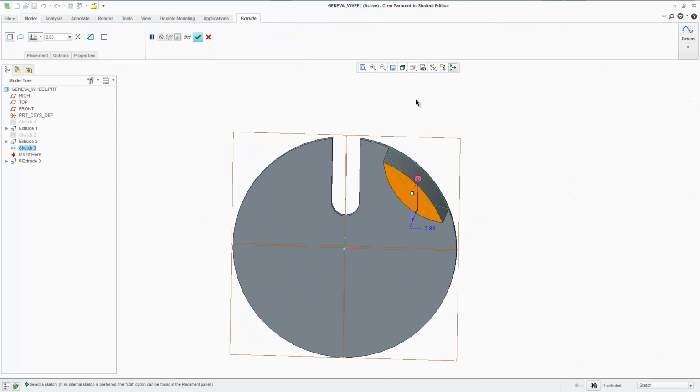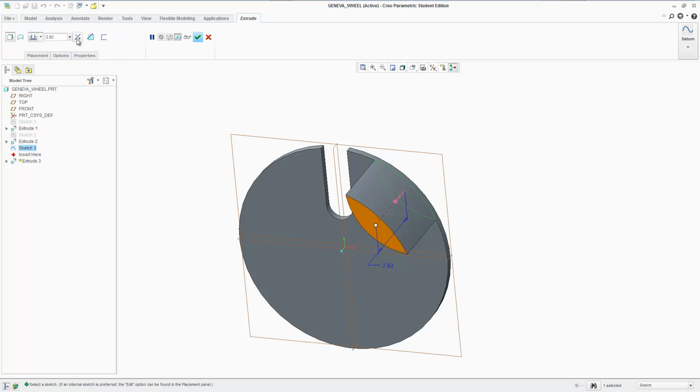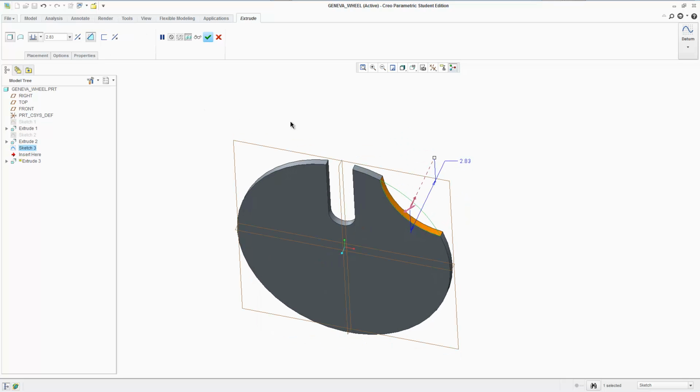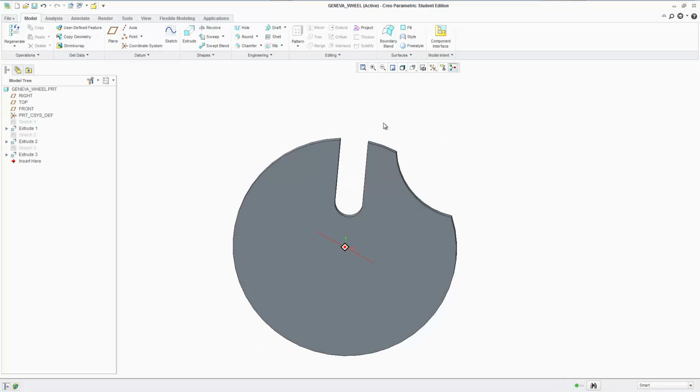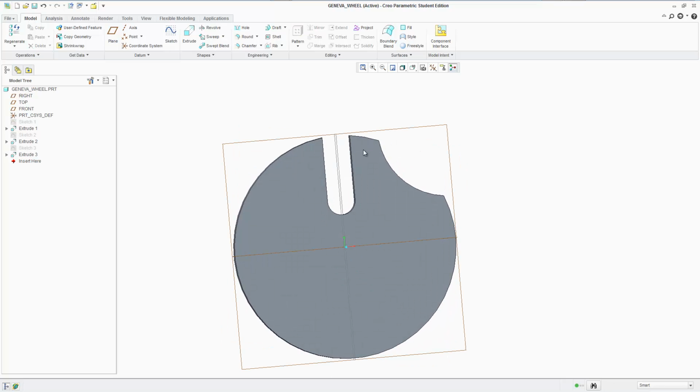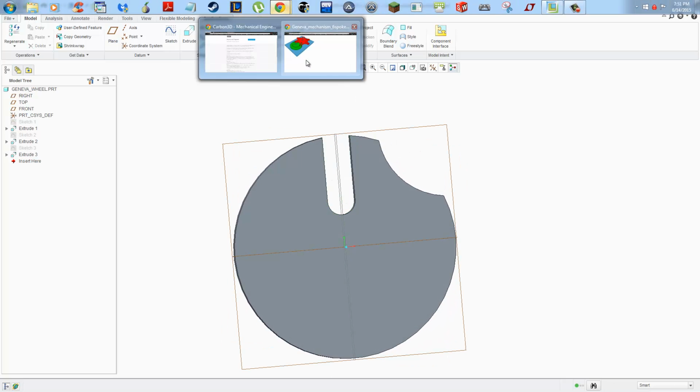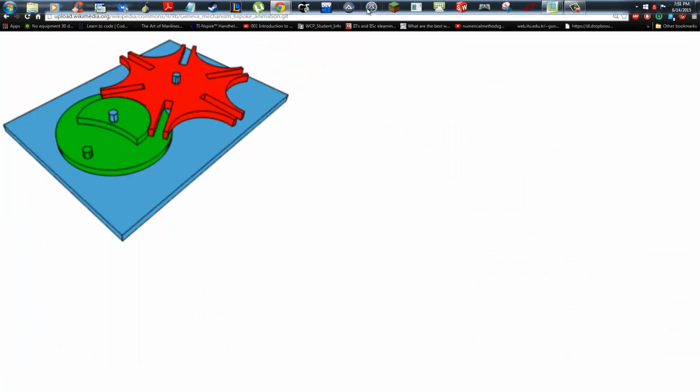And now I'm going to extrude this on the other side as well. I'm going to say go on the other side. I could have just clicked this arrow and it would change directions, and I'm going to say remove material, and see, it did that pretty nicely. And then just to be official, I'm going to say go up until the next surface, and that's it. So now we have what looks like a quarter of the disk right here, so one part of it,